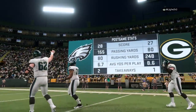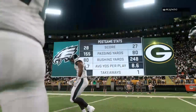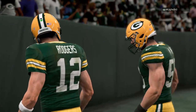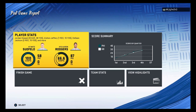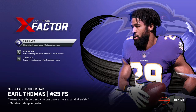It is an unbelievable atmosphere. The most historic place in the league, and you have to make sure you stay focused on your task. Otherwise, you can get easily distracted. Yeah, hats off to them for keeping that laser focus and getting the victory. So for the Eagles, they're on a nice early roll as they move to 3-1 with a win here. And they'll get a few extra days to get ready for